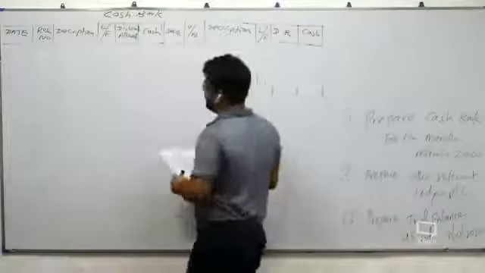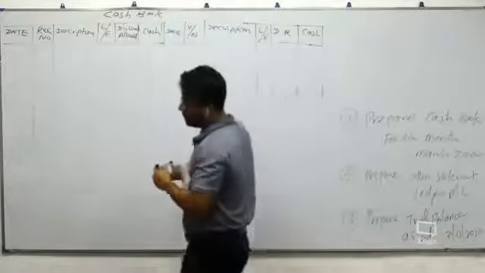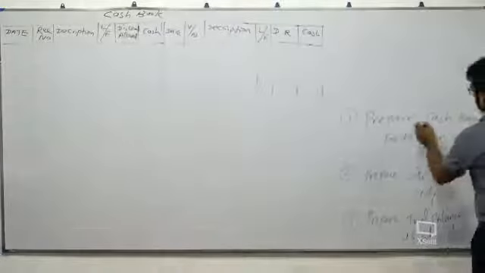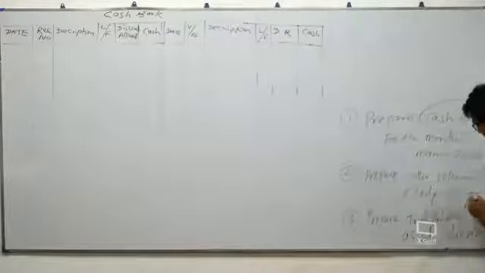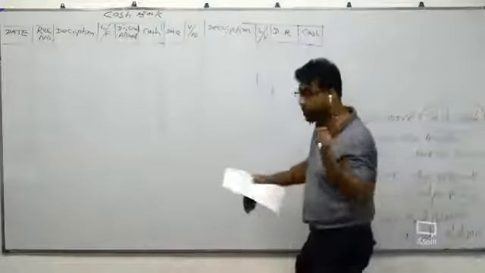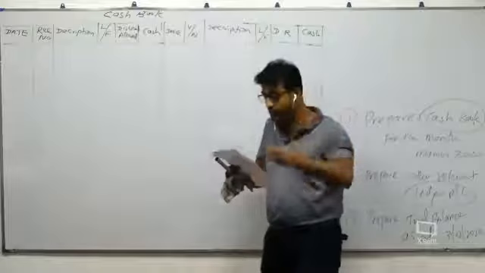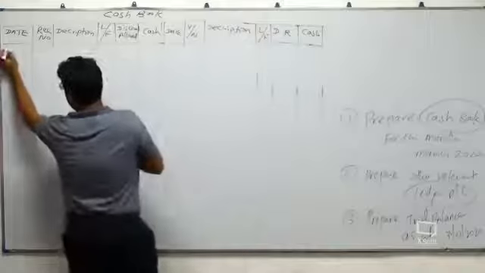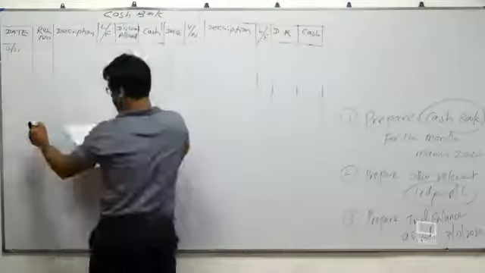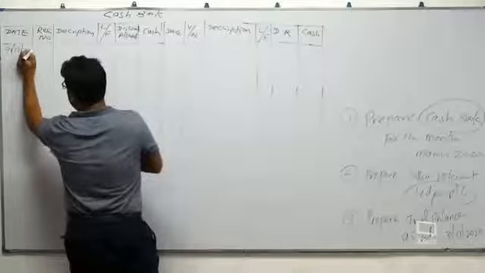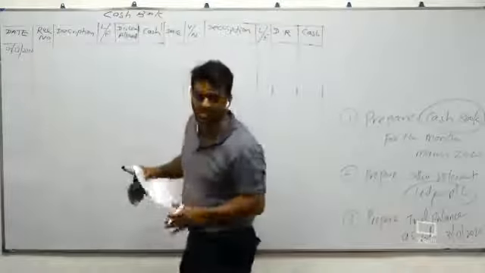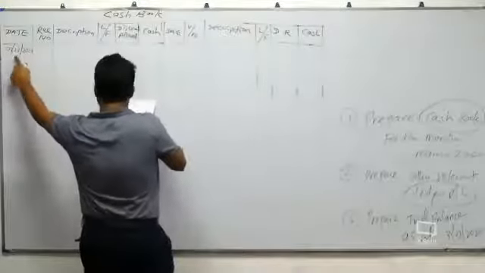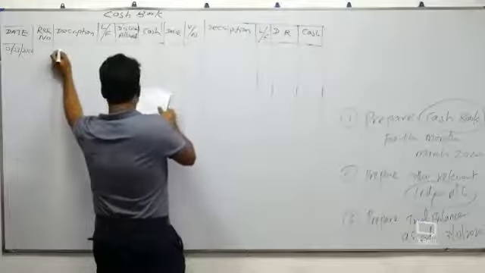So, first of all, when you prepare a cash book and all the ledger accounts, the first thing, a lot of students forget, is that you should start with the opening balance. So the 1st of March, only the first date, if you want, you can write 2020, all others only put the date and the month. No need to write the year. So only the first one you can write the year. 1st of March 2020, you have an opening balance